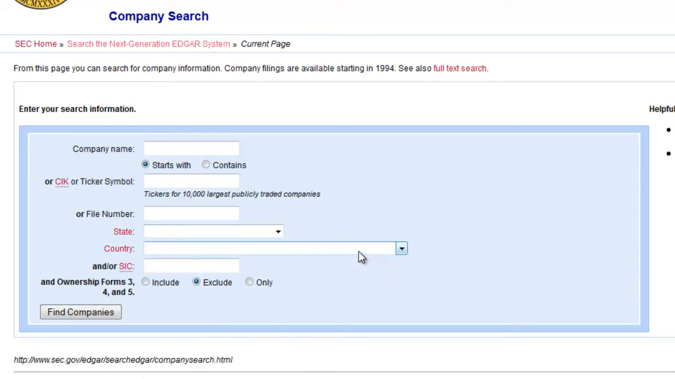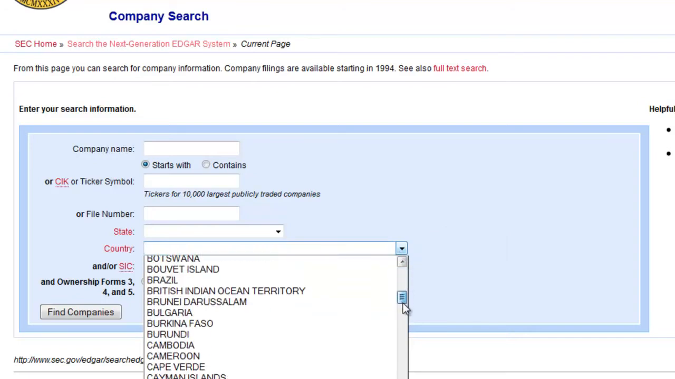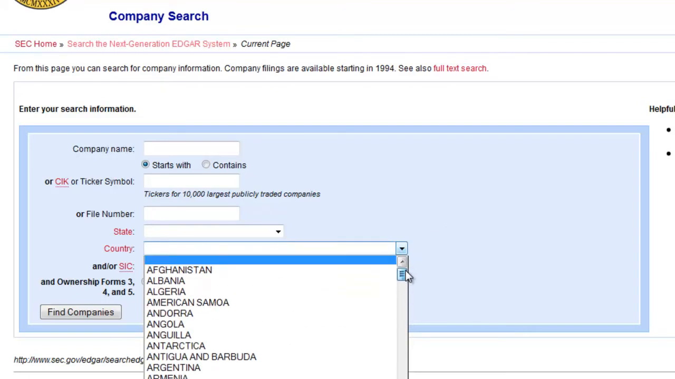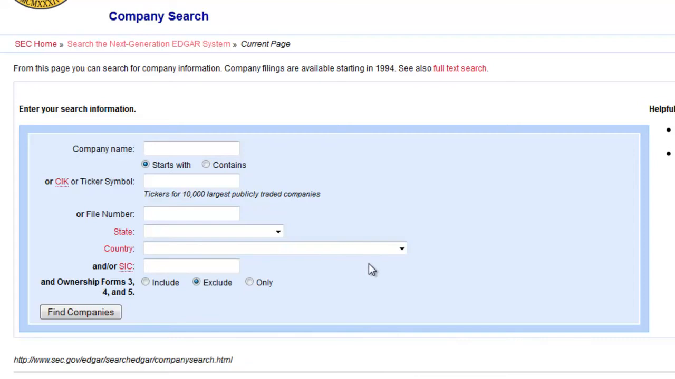Let's go down the list. You can also search by country, and if you click on it, you have a list of various different countries that you can choose from. Similarly to a state search, I don't really use it at all. Going down the list, we have